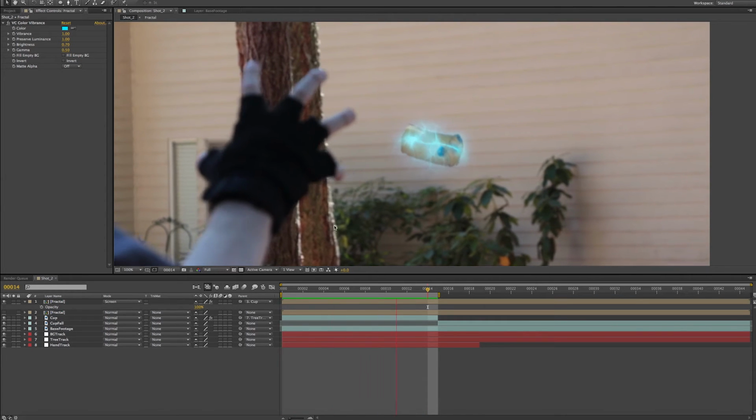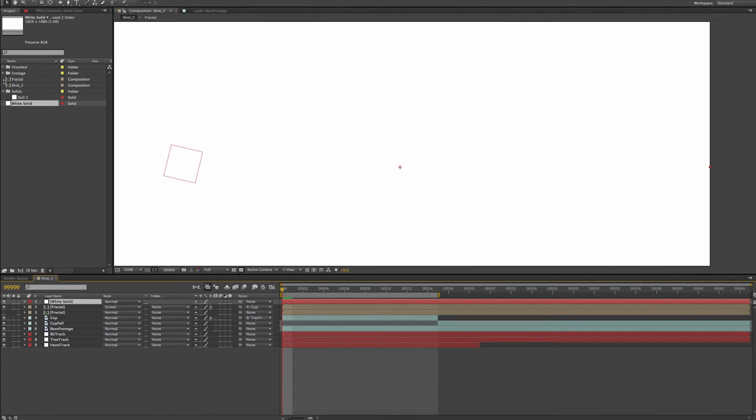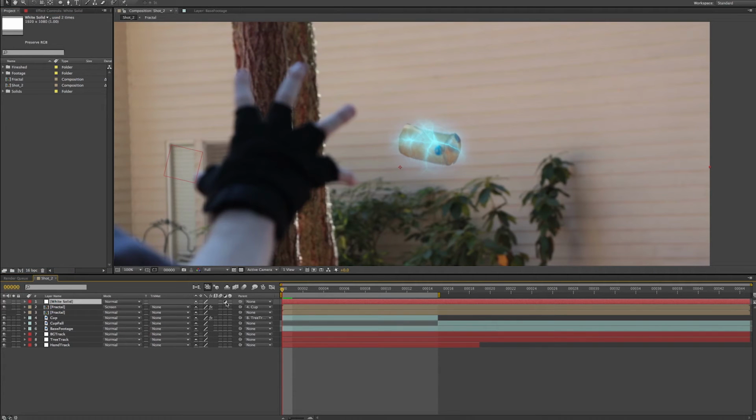Yeah. Awesome. Okay. So now we need to make this weird distortion effect on the outside. I think that would be pretty cool. So we're going to need a new adjustment layer. But I'm actually going to use this white solid that I made earlier because it's essentially the same. Actually, it is the same. The only thing that makes it different is that this little button is checked right there for adjustment layer. Or at least that's all I can find that's different. So now you can't see it anymore, but it's there. And I'm going to add, of course,